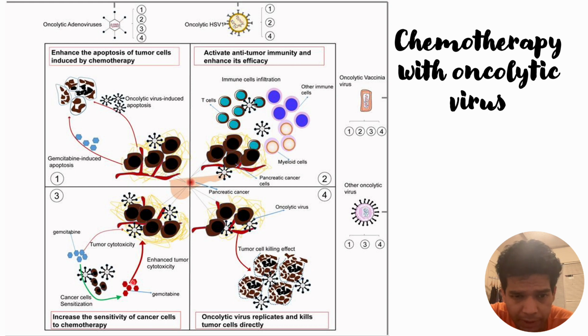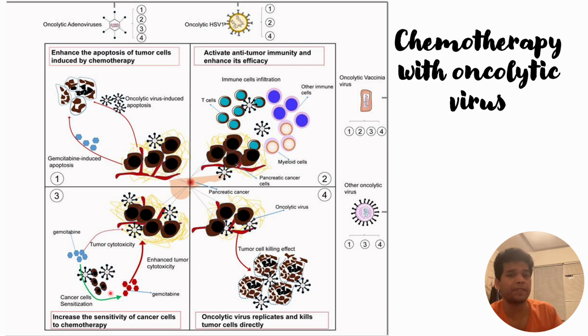That can be seen here, that the cytokines, or we can say the gemcitabine, which is the commercial name of this oncolytic virus, can expose these pancreatic tumors to the immune cells, so that these immune cells